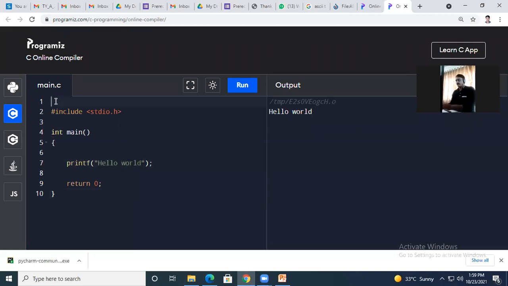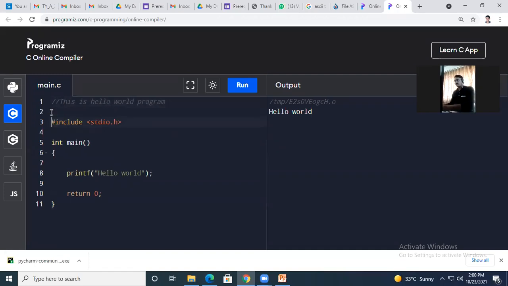But what if I mention here, instead of going through all the lines, that this is a hello world program? Which is suitable for you?